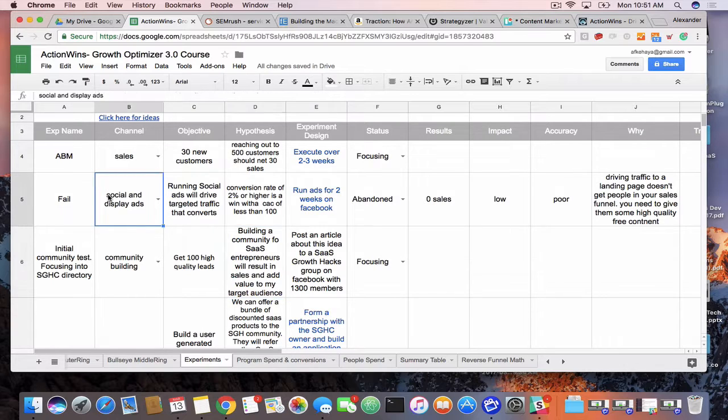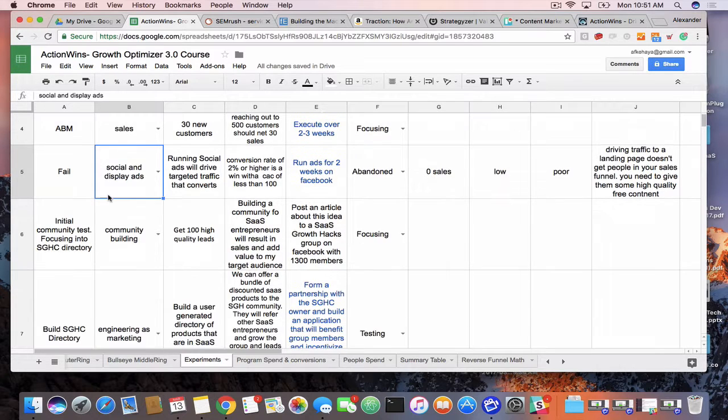Another test that we tried was display ads. So we just ran a couple of ads using AdEspresso. It's an app that I love, and again, we didn't think too long or hard about this. You just come up with your audience and build out graphics using Canva.com or whatever, and just get it out there really quickly. But my point is, with any of these ideas, building an entire community,